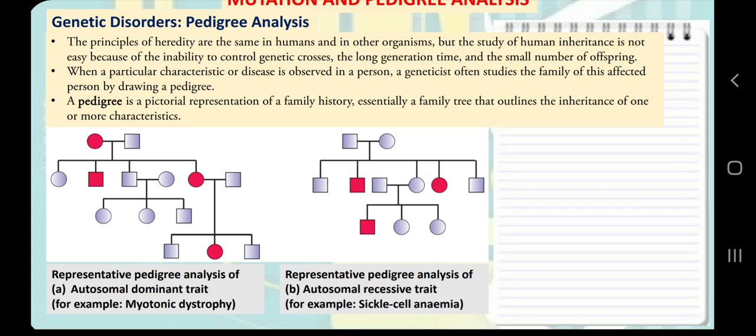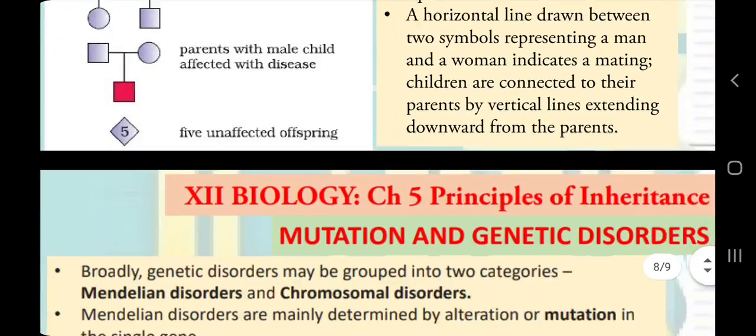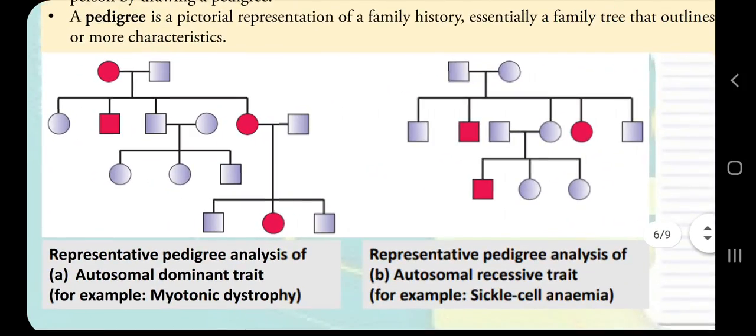And other characters, for example sickle cell anemia and myotonic dystrophy, which are shown by these diagrams, are called autosomal characters. In autosomal characters, you can see both males and females are affected, roughly in equal proportion. If you look at the second chart of sickle cell anemia, there are very few individuals included in this pedigree chart, but in real life we include very lengthy pedigree charts with several generations and many individuals. There you can notice these patterns.